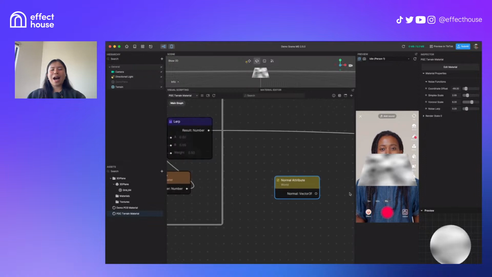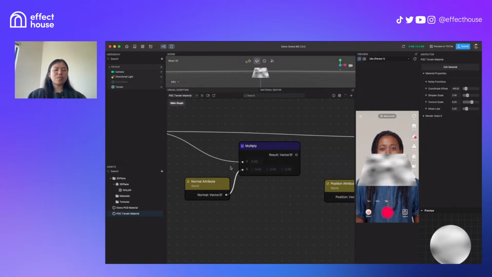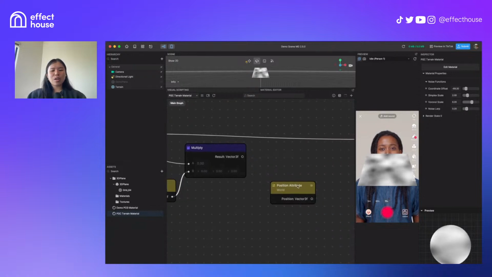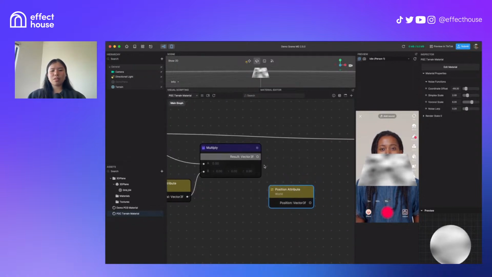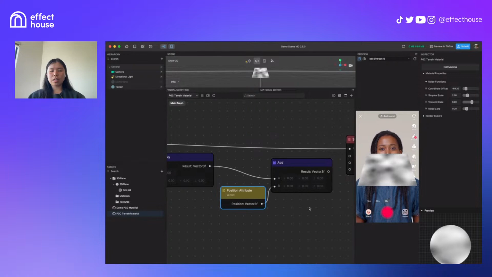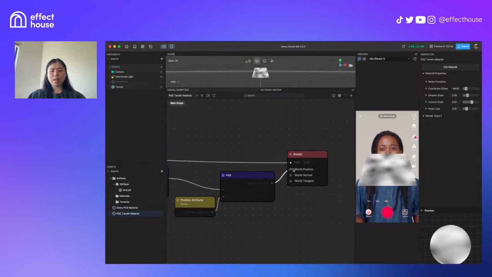And we're going to control how much along our perpendicular line on our plane we're going to drive our terrain up. So if I take this 0 to 1 number and multiply it with our normal, this is basically scaling how much we're going to move. So 0 times something is just going to keep it really flat, and 1 times something is going to keep it as it is. So if I take this vector, this normal, and I add it to our position right here, and then plug that in,